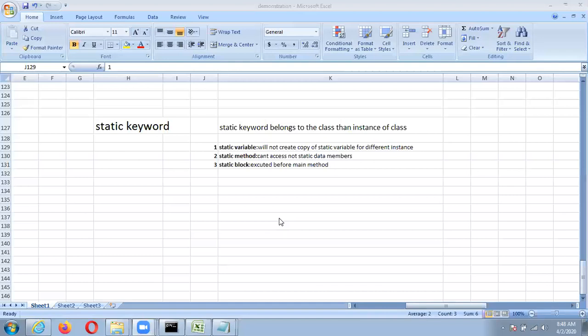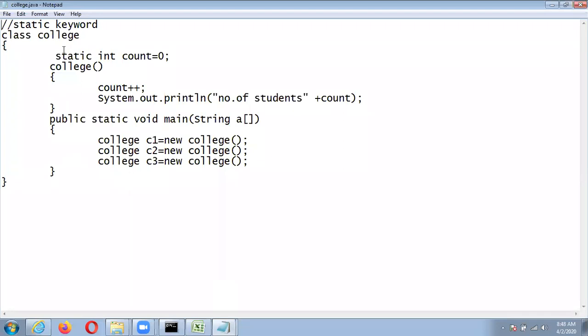So we'll see the demonstration of static variables. Now see this class. It contains a class named College. Here we are declaring one static variable, static int count = 0, and this is the constructor of the class where we are increasing the count, that is count++, and printing the number of students from the count.